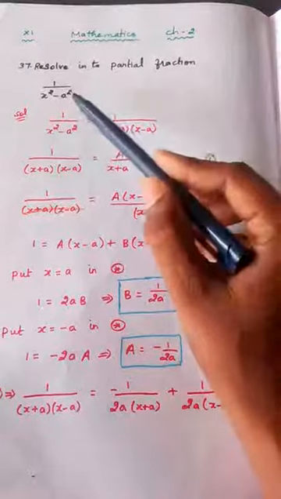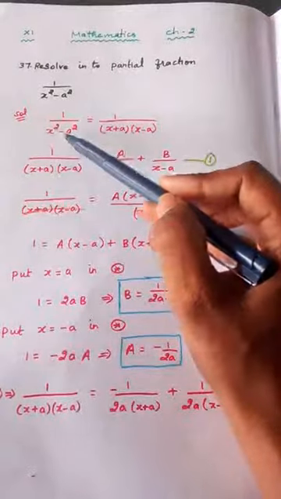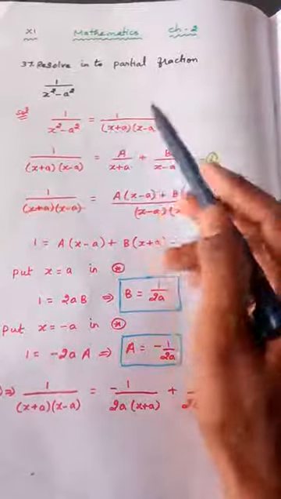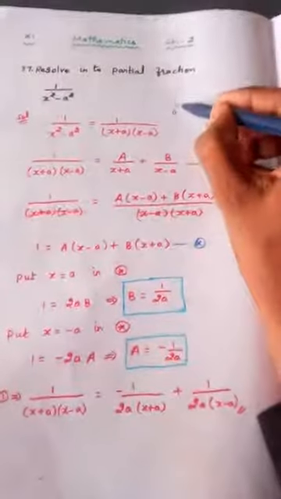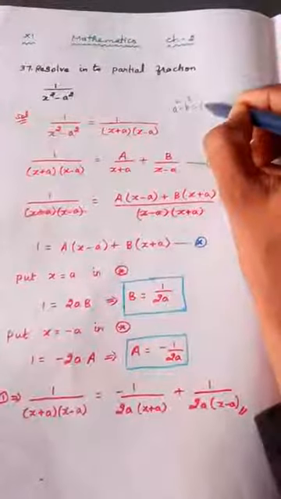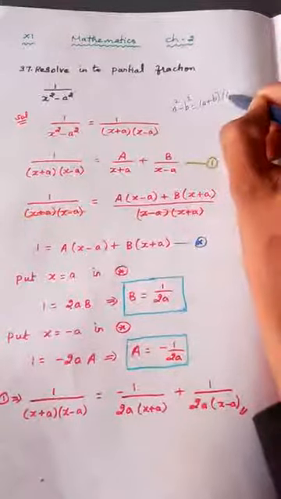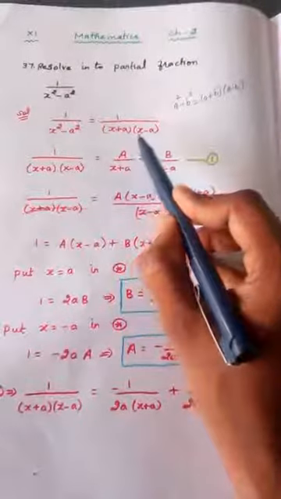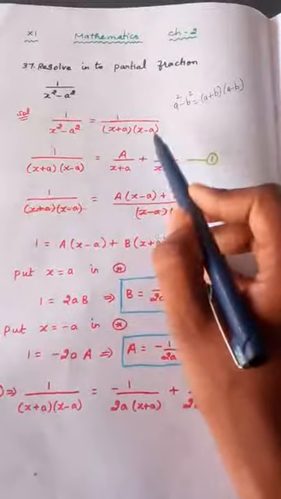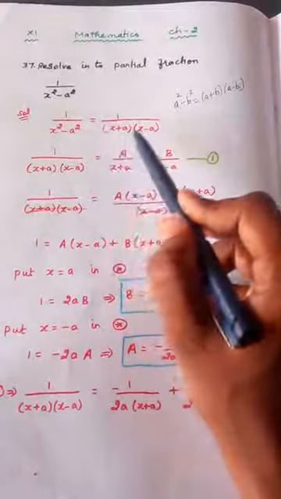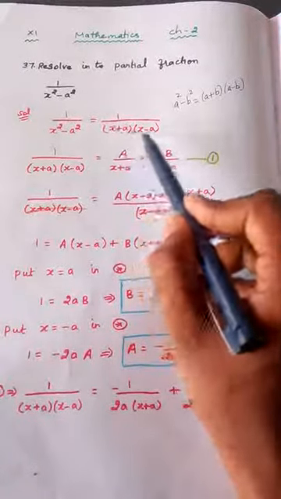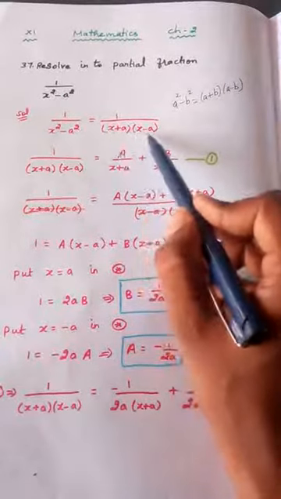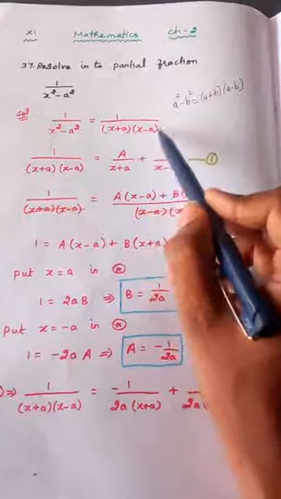Okay, so what we do is, first after taking the question, we write this using the formula a square minus b square, which, as you know very well, can be written as a plus b into a minus b. So x square minus a square is written as x plus a into x minus a. So the question is converted like this. Now if you see, we have two factors. This is one factor, this is the second factor. Those two factors are different because this is x plus a and this is x minus a.